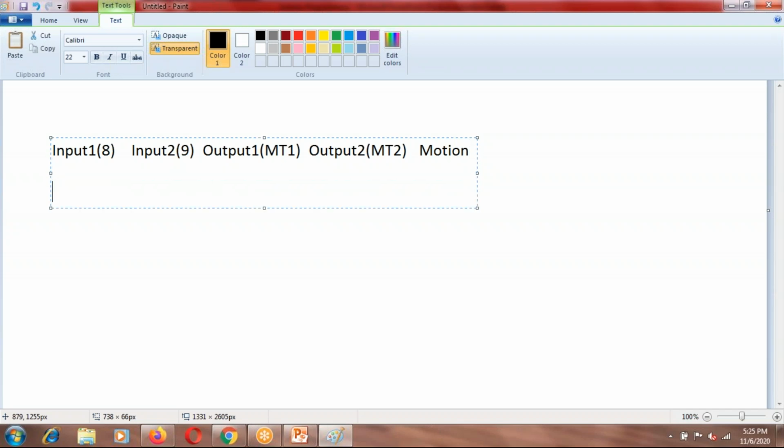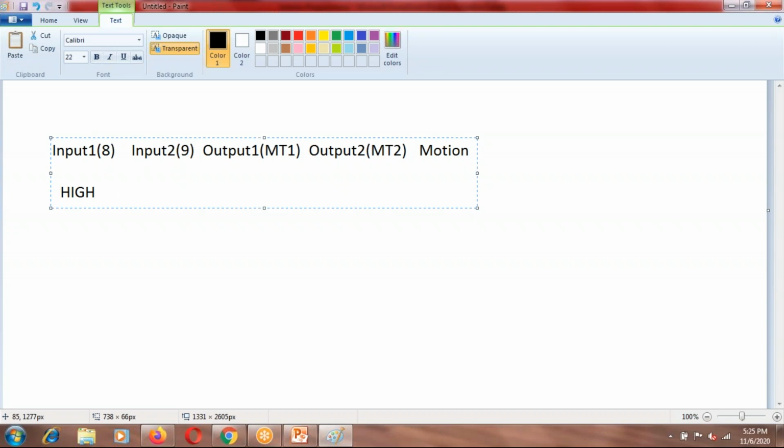Now, input 1, if you make it high, since there are 2 inputs and you have 2 signals, you can have 4 combinations. So let us discuss all those combinations. If you are putting input 1 to high, meaning pin number 8 you are making high, how will you make pin number 8 high? Writing a digital write command, obviously. So digitalWrite pin number 8 comma HIGH.